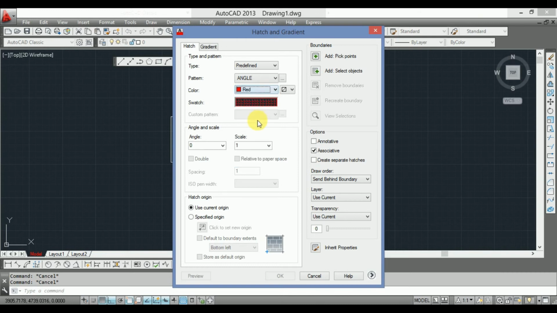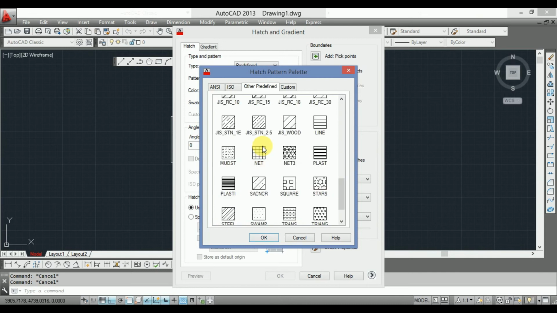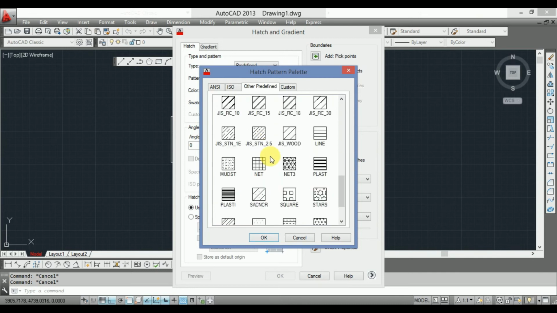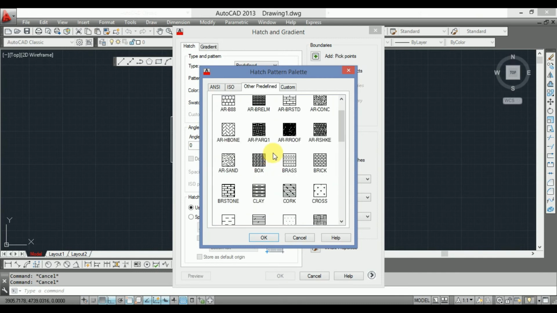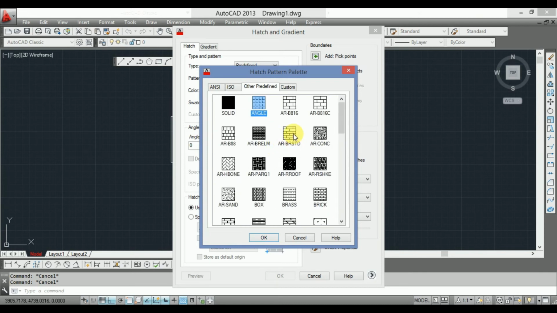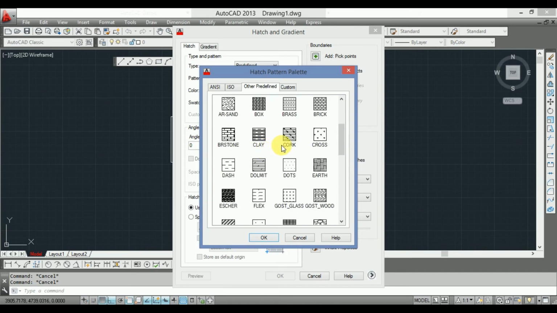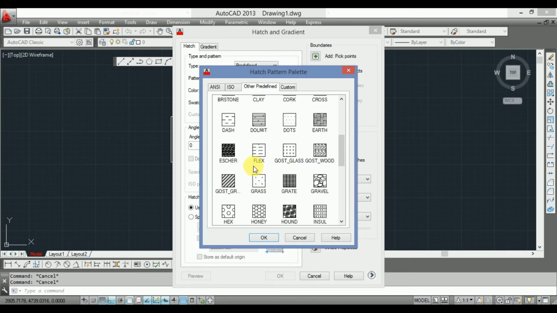Suppose I choose red. Then choose what type of hatch structure you want, like brick type, AR concrete, and clay type, cross, whatever hatch you want.